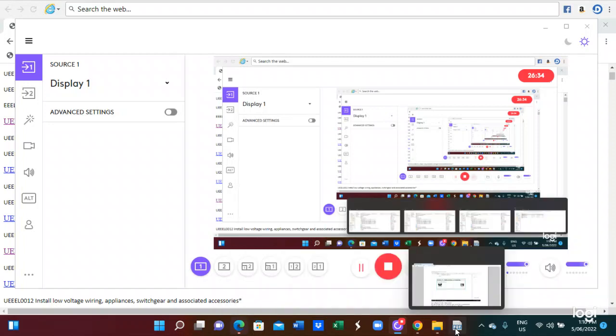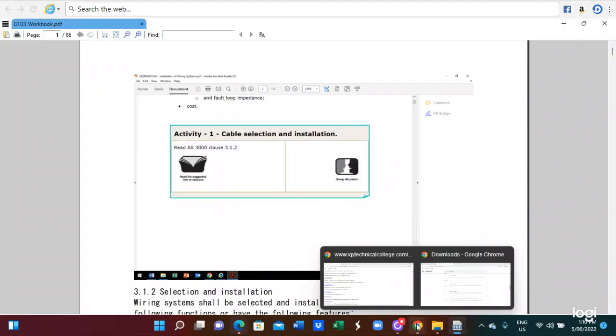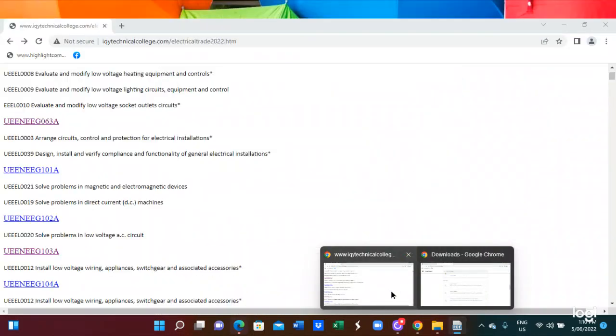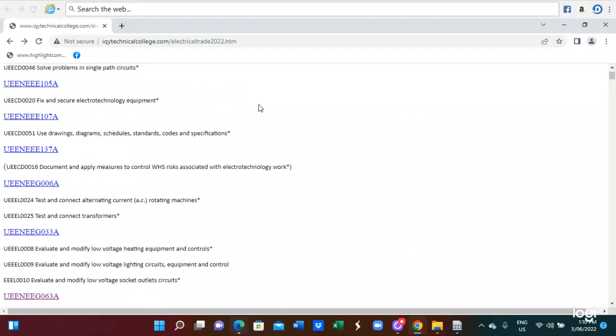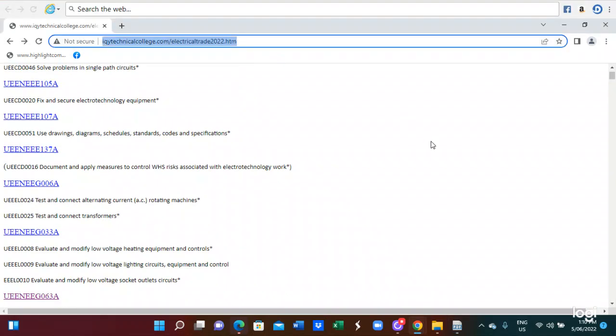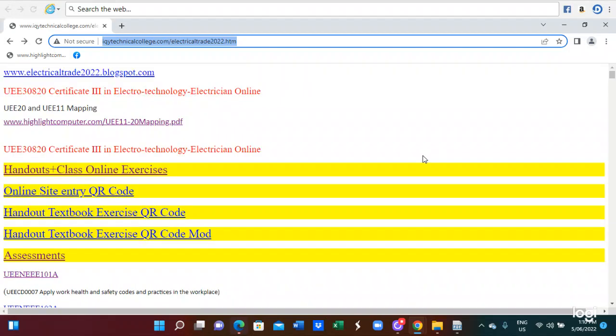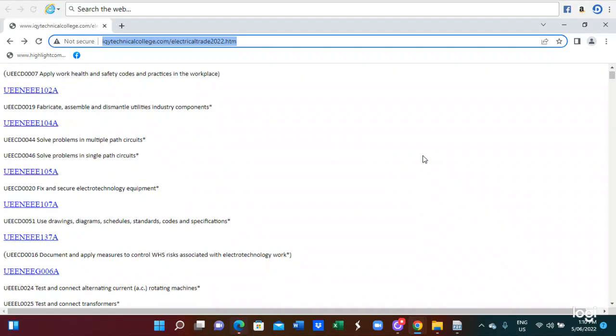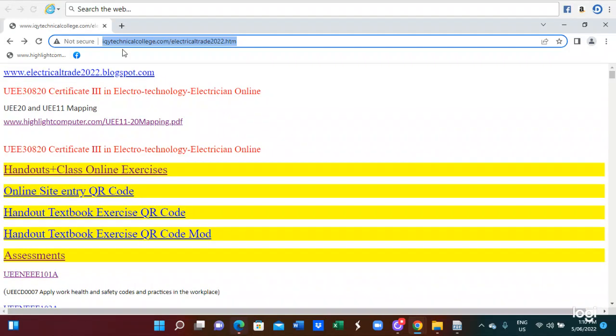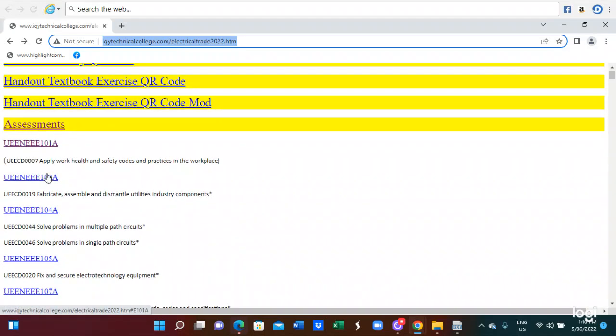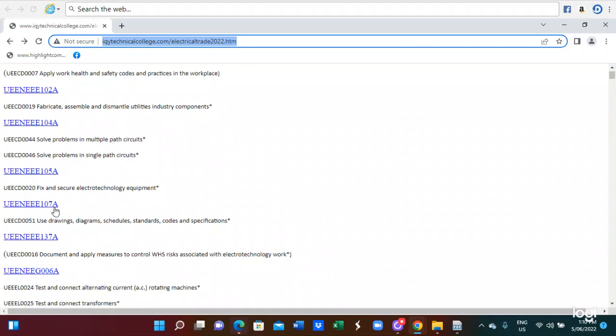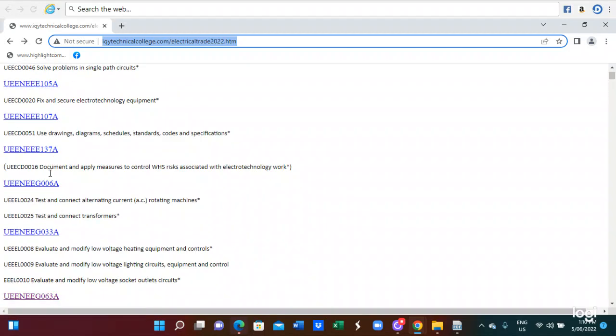Okay, the next one is we have to do the electrical trade G103. The website is iunCollege.com/electricaltrade2022.html. You have to enter that address. On this site you can see the main switchboard units E101, 102, 104, 105, 107, 137, G006,